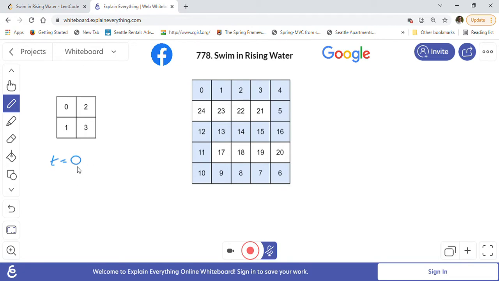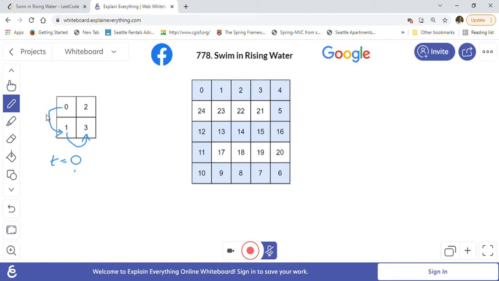To go from this cell to this cell, we can swim when the water reaches 1, so it takes one unit of time for the water to reach here. At that time we can swim from this cell to this cell, and after 2 more seconds, when the level reaches 3, we can swim from 1 to 3.